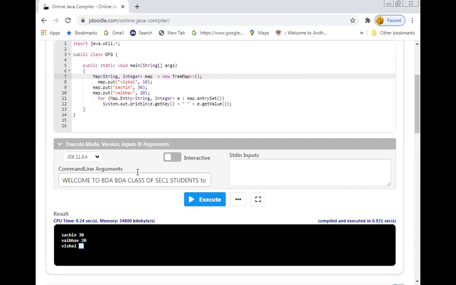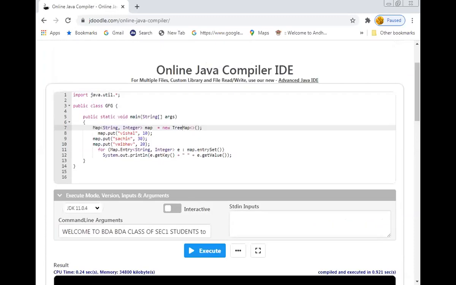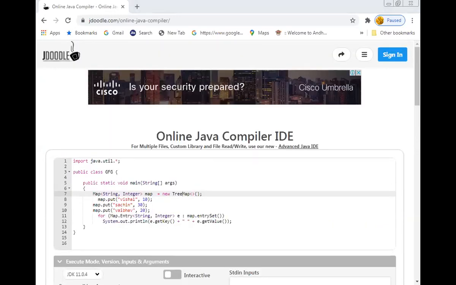Okay. So if your requirement is you're supposed to implement the order, then we look at the linked hash map as well as tree map representations. So this is about implementations of maps. Of course, we have some other programs also. I'll share the document with you. You please try the remaining experiments at home.